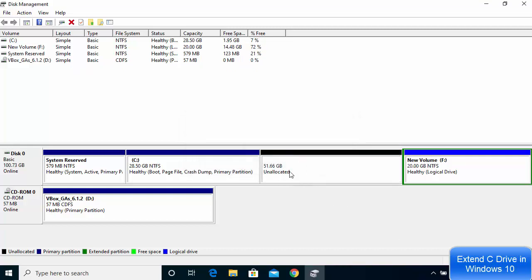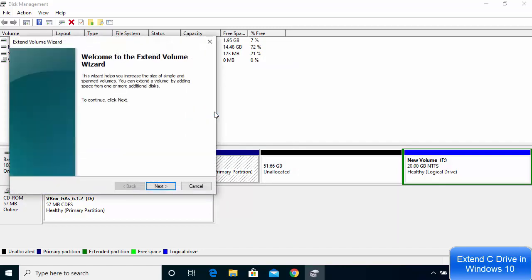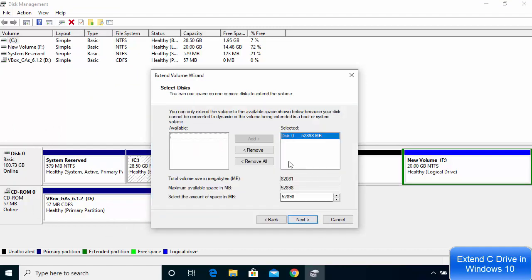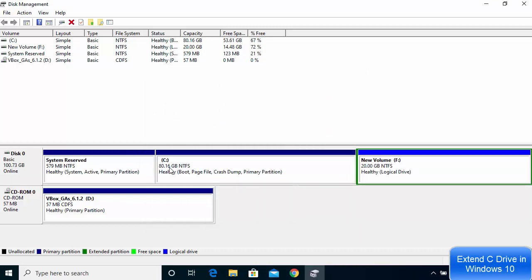So now you can see this space is unallocated, and now the process is very simple for extending the space for the C drive. So if you see unallocated here, you just need to right click on your C drive and then click on extend volume, and here you just need to click on next and just leave everything default, click next and then click finish, and you will see that now my space in the C drive is extended